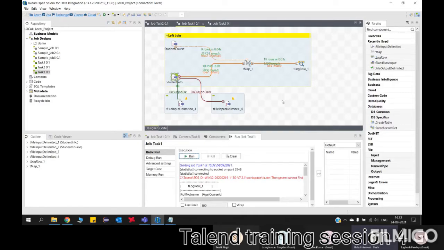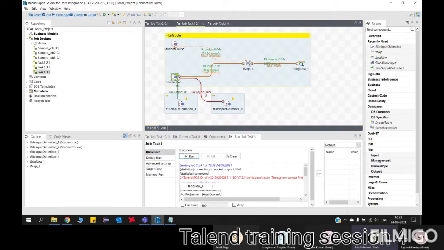Now you can actually see on subjob ok. It says ok there in green color. So that means it has flowed through that component to the next component. Which one is executed here? On subjob ok is executed. But see the one beside it, on subjob error, that did not execute.